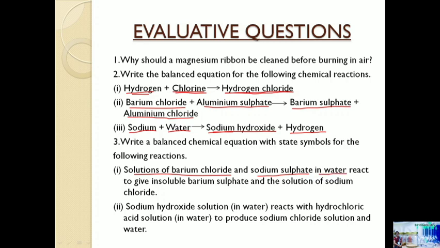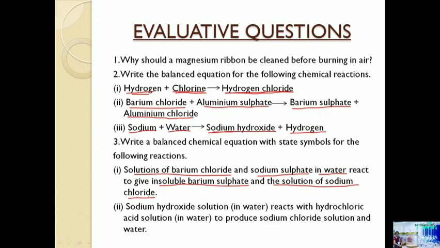In water means we have to mention (aq) within brackets, and the products are insoluble barium sulfate, that is BaSO4, and the solution of sodium chloride. All these are associated with water, so we have to mention BaCl2(aq) plus sodium sulfate Na2SO4(aq)